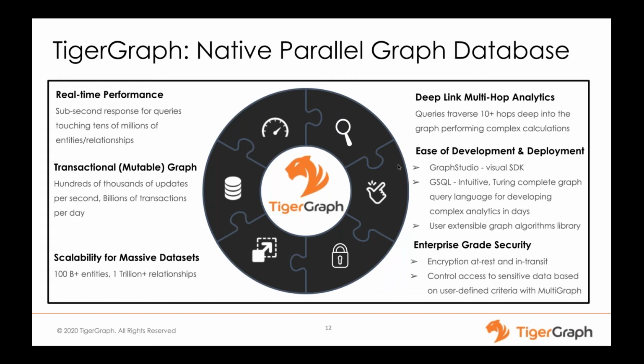Moving over to the right side, in terms of query traversal, because a graph is connected, the number of entities that a graph can capture can go into millions. So when you write more complex queries, they have more hops to traverse through the graph. And in our case, we have very complex use cases where 10 plus hop queries perform easily on our system. And that's something we have benchmarked against other vendors. And clearly, in terms of performance and ability to scale, we feel very comfortable going against any of the other database vendors.